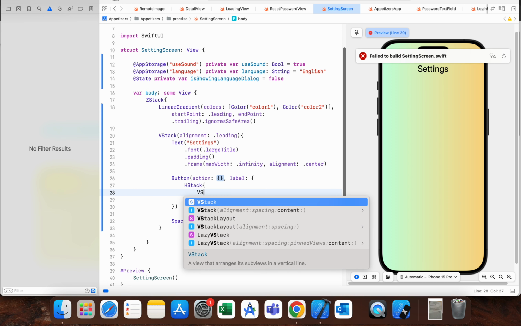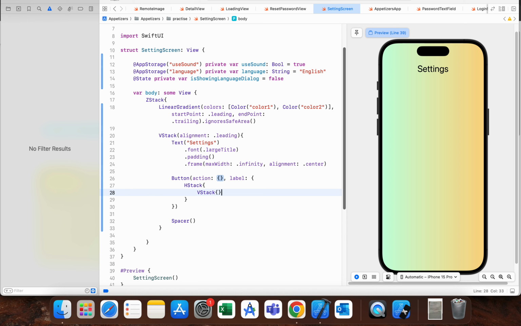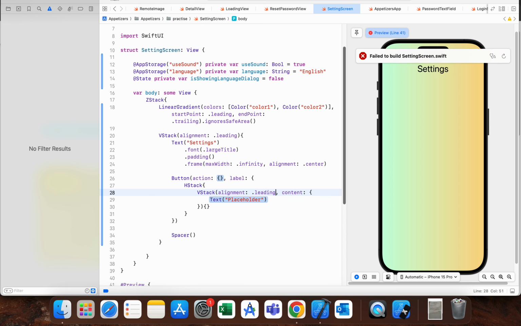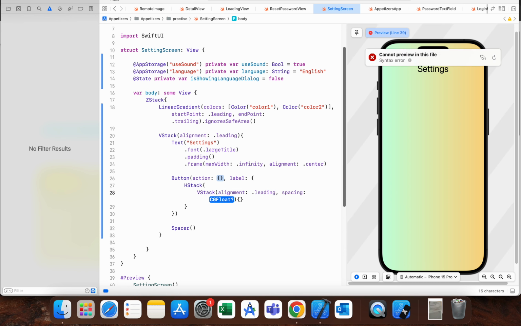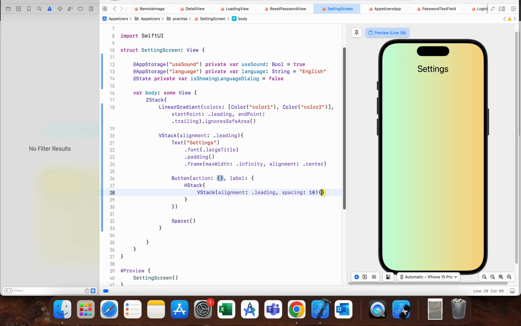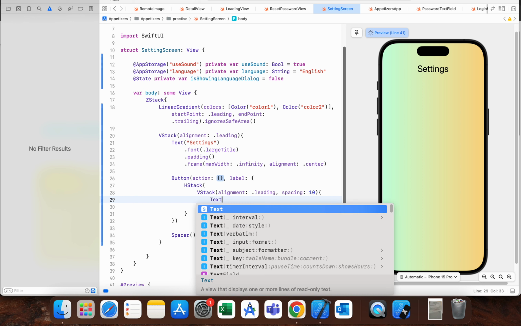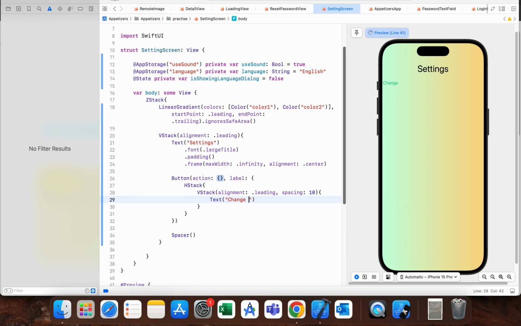Inside the HStack I will have a VStack with alignment leading, spacing 10, and that will be, so change language, text with change language string,